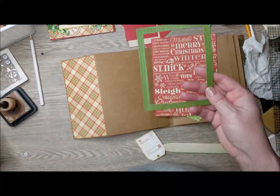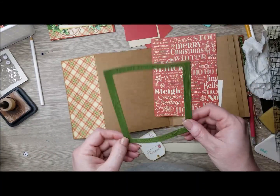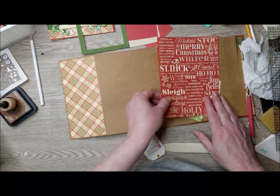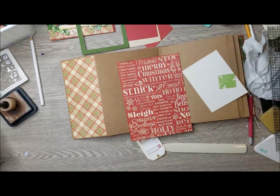I did use a die from my stash that was like a wood grain rectangle stacking die set that you can do any square. You can make a frame any way you want, or embellish this page in another way if you like. For this page here,